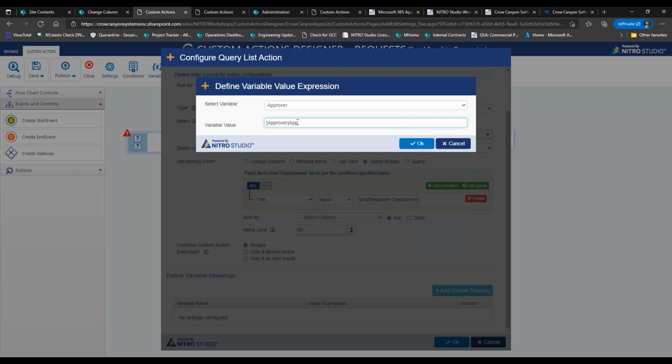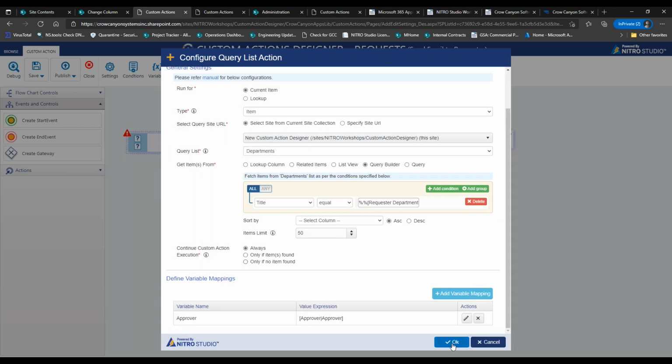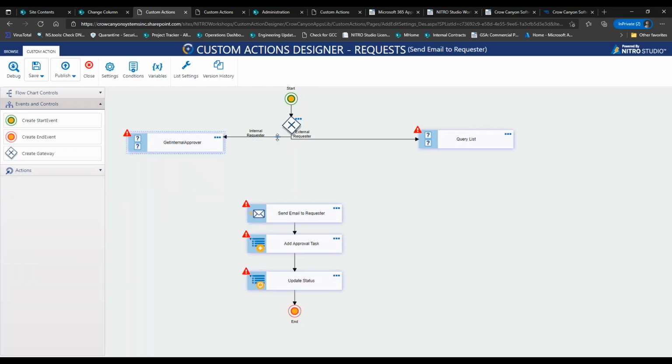Again, I can go and check this. I know from setting this up that this is the internal and display names. So I can go ahead and do that, hit OK. So now I've got the check. I've created this gateway to go over here to internal requester to get the internal approver based on the department